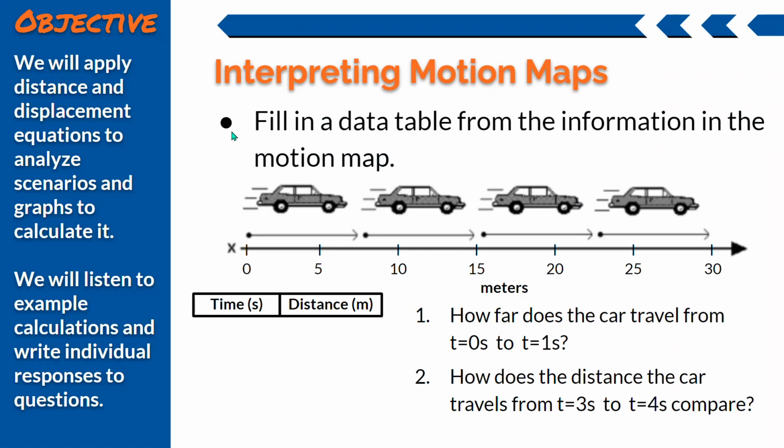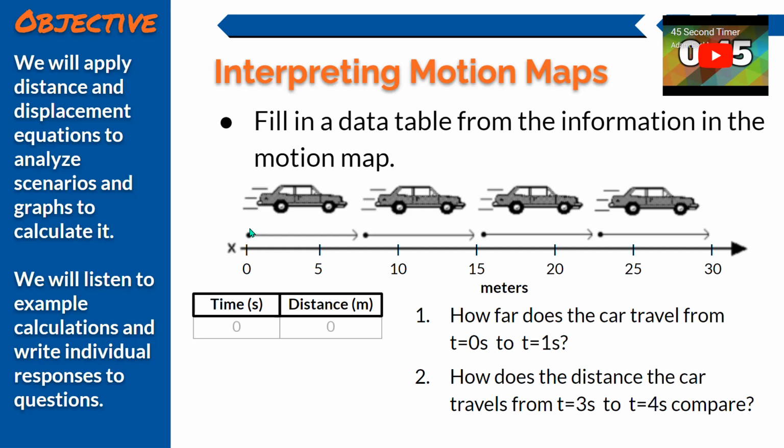All right, so again, if we have a motion map, it's probably not the most useful tool for us. So we're going to take information from this particular motion map and we're going to put it into a data table. And then we're going to answer a couple of questions about it, which you can look at either the map or the table to figure out. Again, each of these arrows represents a second. So I know that the initial starting point of the car at a time of 0 seconds